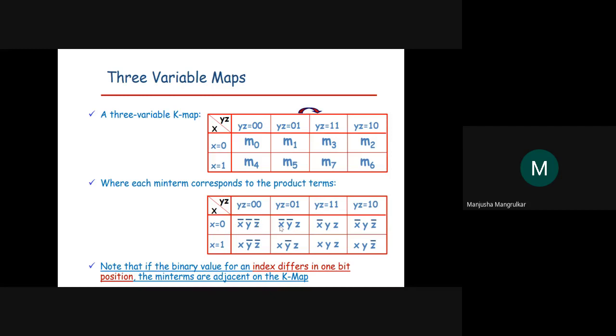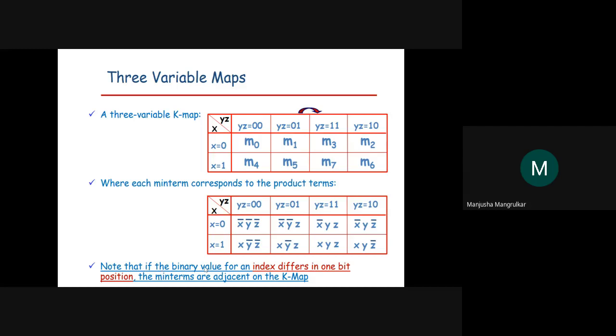For this term it is x complement y complement z, x complement y z complement, x complement y z, because both are 1. Here x equals 1. So x y complement z complement, x y complement z, here x y z, this is the m7 bit, and here x y z complement. This you have to keep in mind.